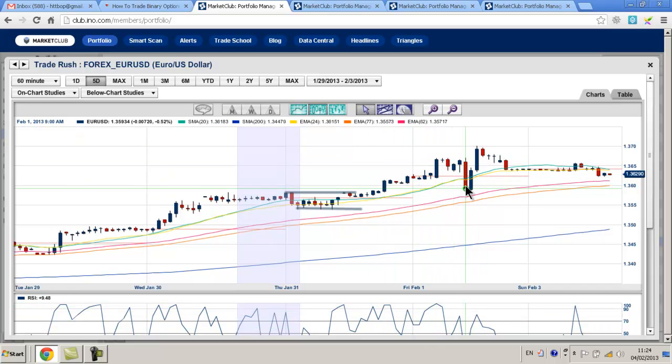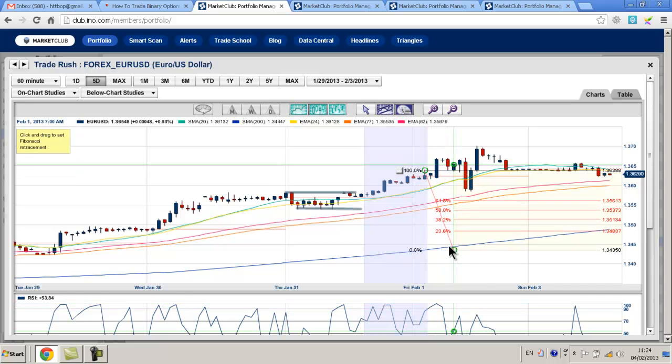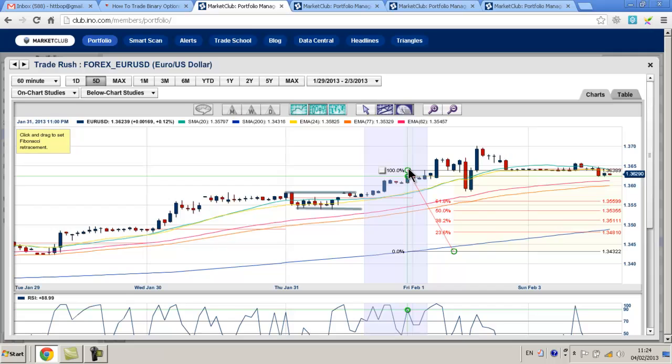So Friday, let's go Thursday, we're looking at 4 p.m. to 2 a.m. Then I want to see where my breakout is. So it's going to be at the top of that one there. So the number I'm looking for now when I go onto my platform, like Trade Rush or Bank Binary, whatever it is, I'm looking for 1.3629 of breakout. So it's broken out there,